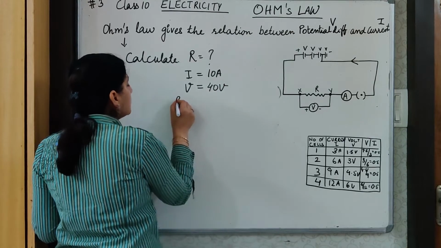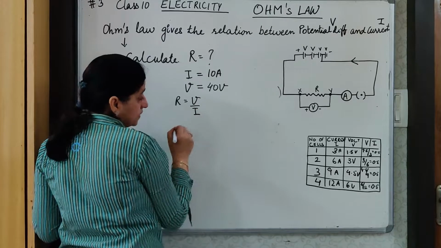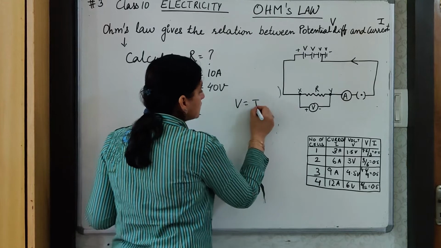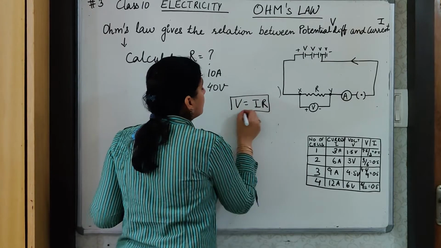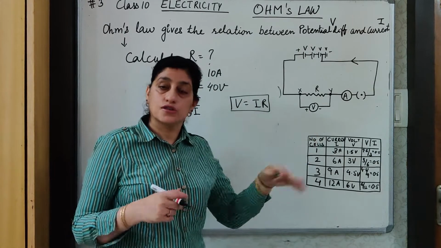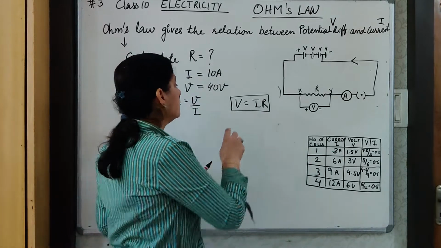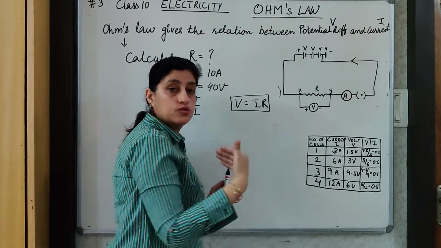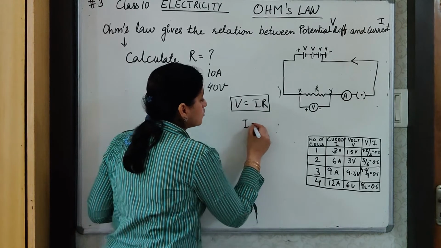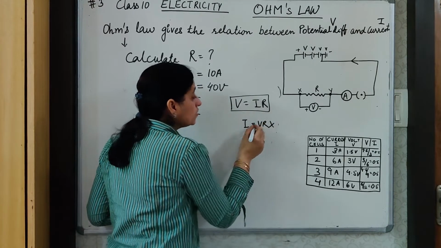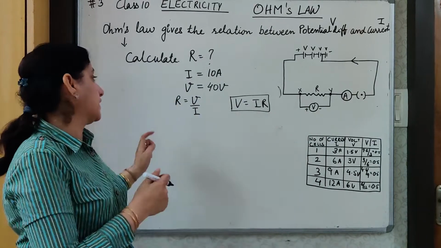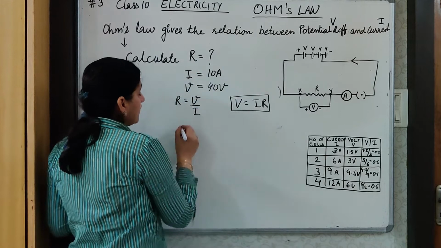We know R is equal to V upon I, and sometimes children get confused with this formula. The expression for Ohm's law is V is equal to IR. I often suggest to remember this by memorizing VIR. This way you will not get confused. You just memorize the word VIR and your formula never goes wrong. Sometimes you remember it wrongly, therefore, to remember it correctly, you can use this word which I am suggesting. Okay, now back to the numerical. R we have to find.